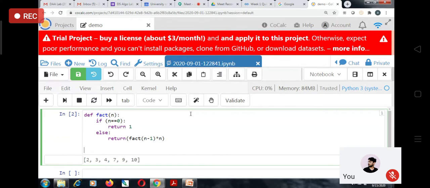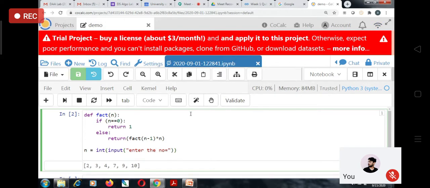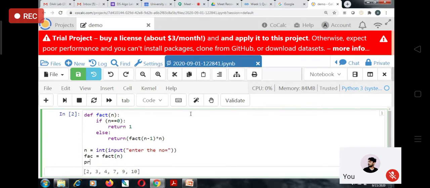I have just written it in the Python syntax, nothing else. So let's take n as user input, and let's see what this function returns. Equals to factorial of n, and then print this output, right?